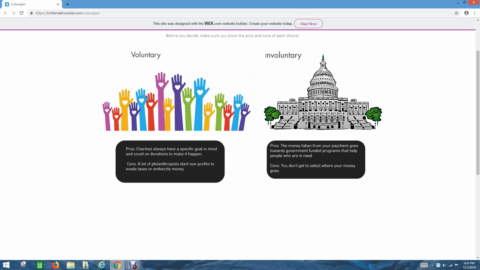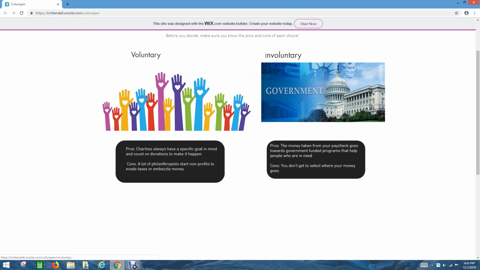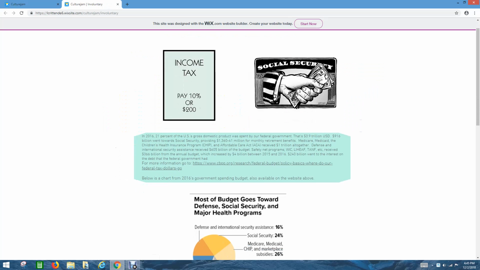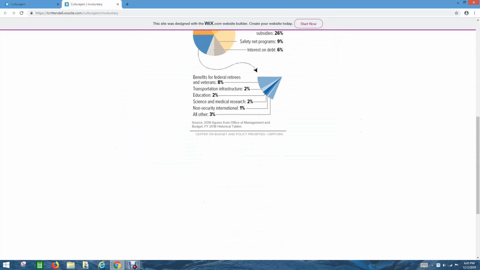My goal is to get you to choose the voluntary side, but it is also to get you educated about the government and how the money from the different programs is spent. So for the sake of it, I'm going to show you the involuntary first. So it's through income tax and Social Security,